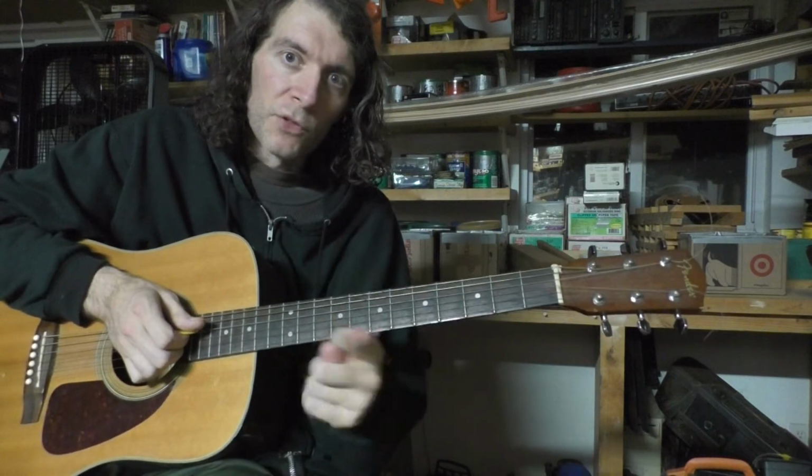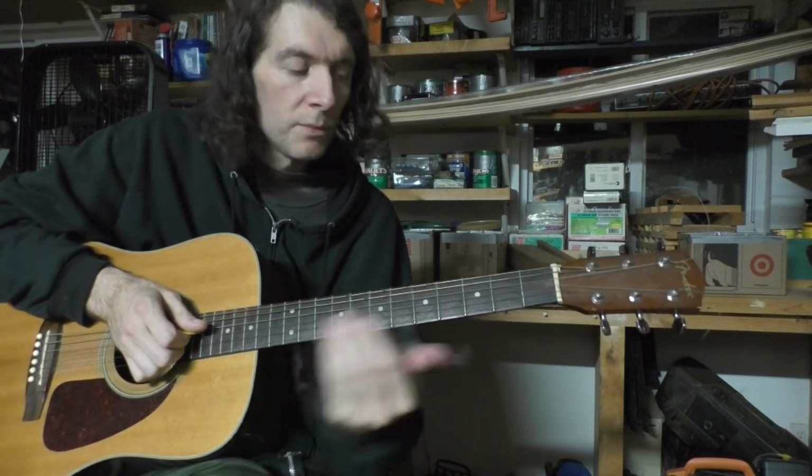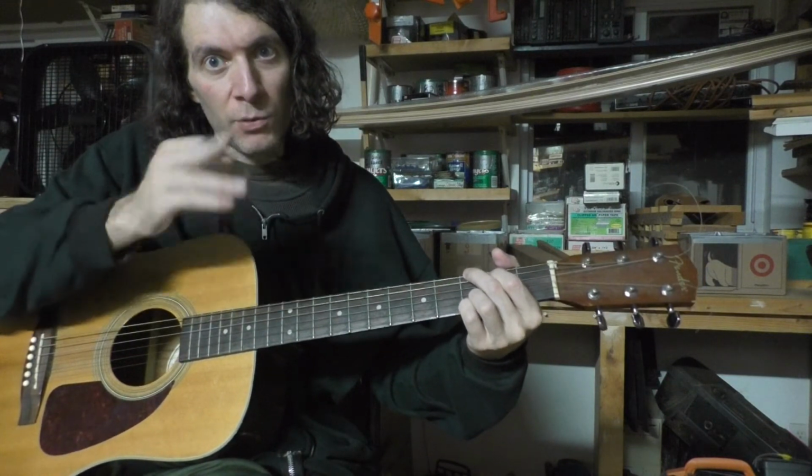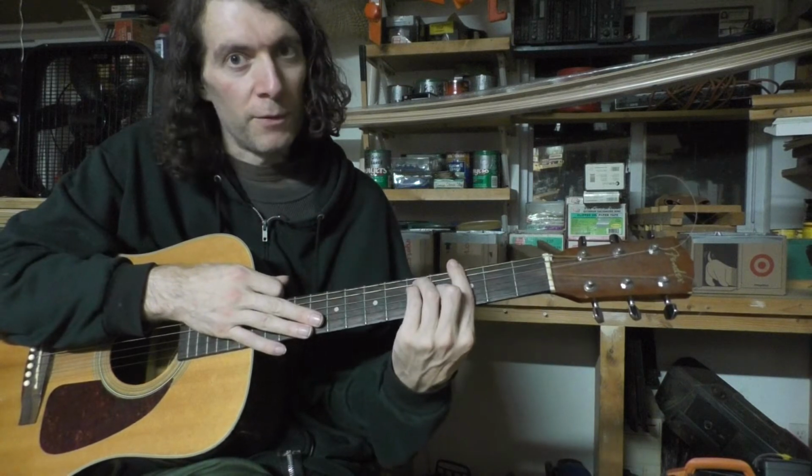Alright, so going up in the circle of fifths. Next we got a G, okay? So we're going to have something... So that's the G shape. We're starting on CAGED, so we're starting on G. So then after that we're going to have...